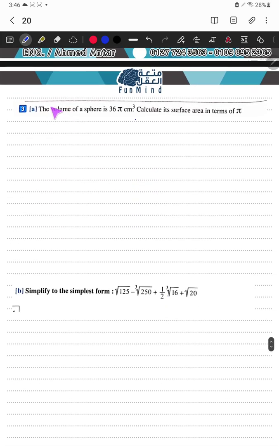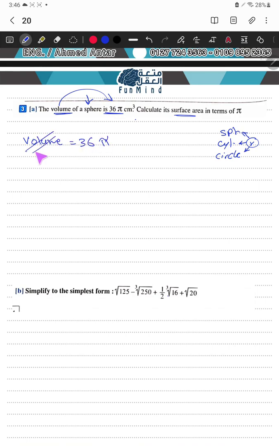The next question: the volume of the sphere is 36 pi, calculate the surface area. So now, in the sphere, in the cylinder, in the circle, the password of any question is the radius. In any question about any of these shapes, you want to get the radius firstly. So you have the volume, and from the volume you can get the radius. The volume equals